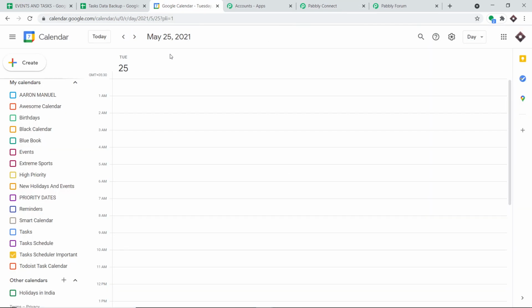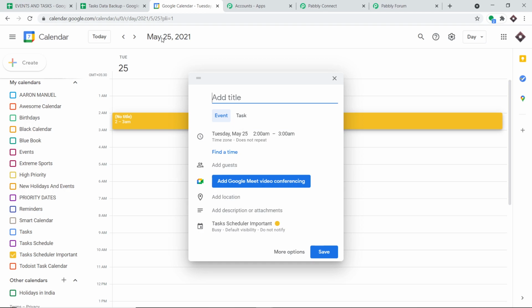So what I'm going to do here, for your consideration, is create a new event. The event I'm keeping is on May 25th, and these are the details. We have Upgrade Macintosh C-Line. Okay, so we are going to upgrade our Apple computers, and I'm keeping it in the late night, that is 2 a.m. to 3 a.m. on the 25th of May.